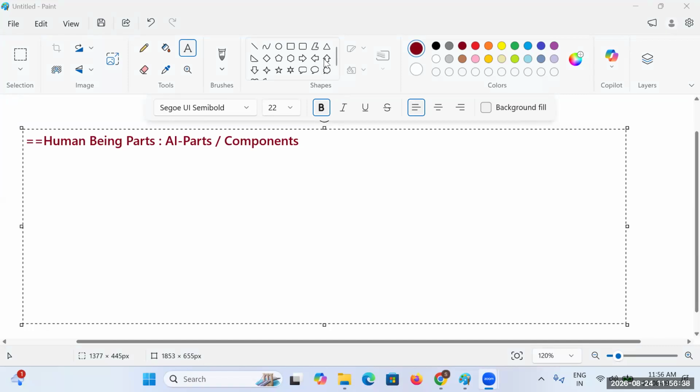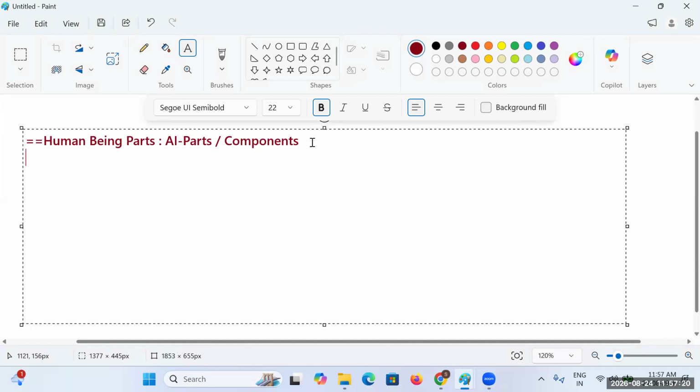Right. So we have these AI components, which we can say are main components and sub components. In detail, I will be discussing them in tomorrow's session. But for today, I will just be giving the high level of how exactly we can go with these sessions here. Okay, let's look into that.